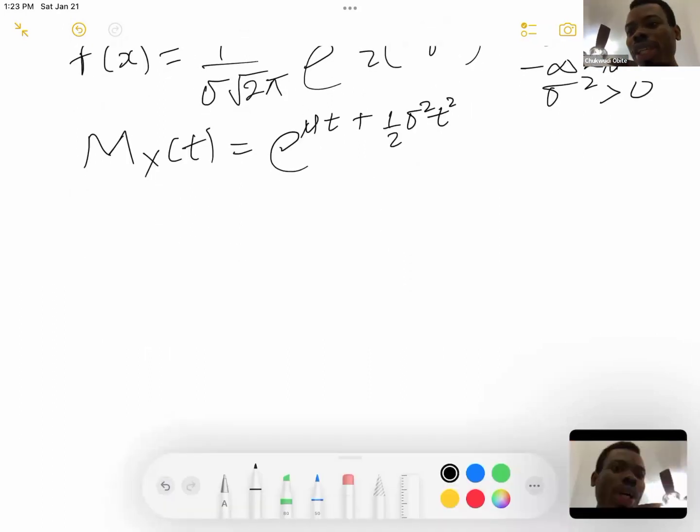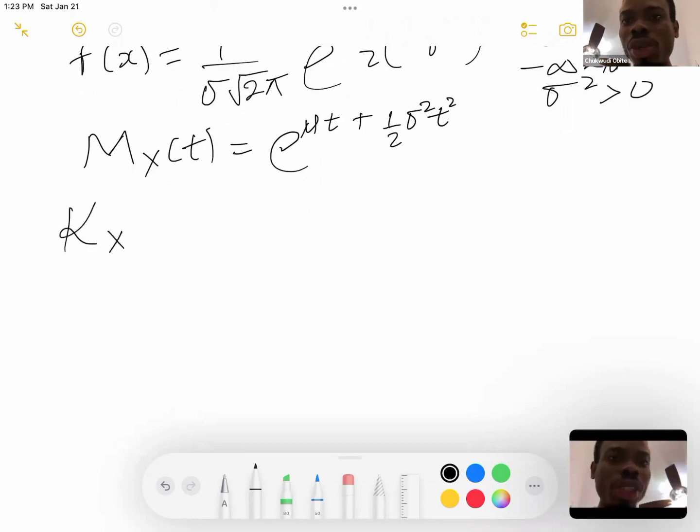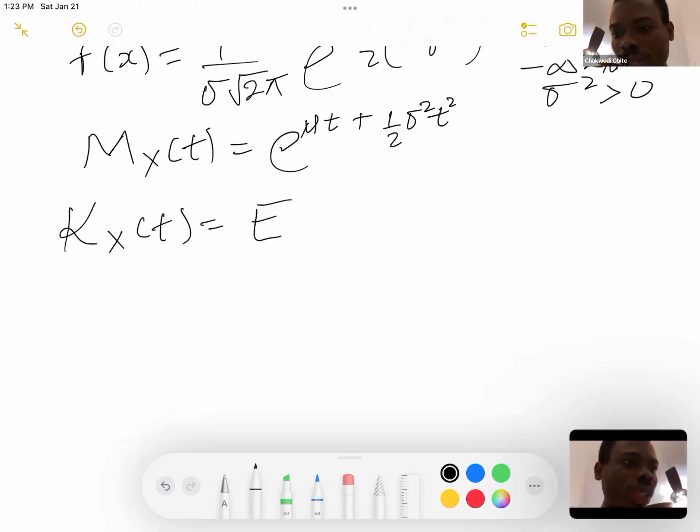So I want to calculate the cumulant generating function. So what is K_X(t) of the normal distribution? It is the log of the expected value of